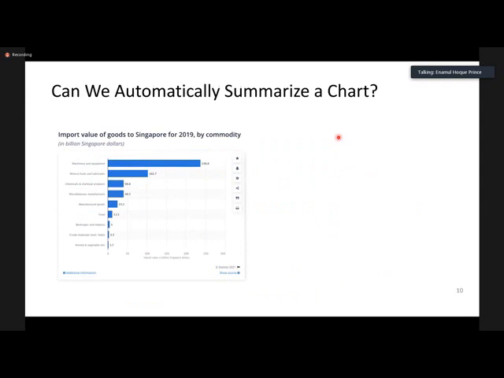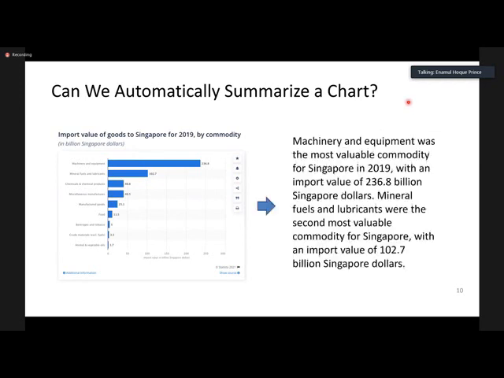You can see this is an example summary of this chart created by a human, which said machinery and equipment was the highest or most valuable commodity, followed by something else. So it's summarizing the key insights from this chart.